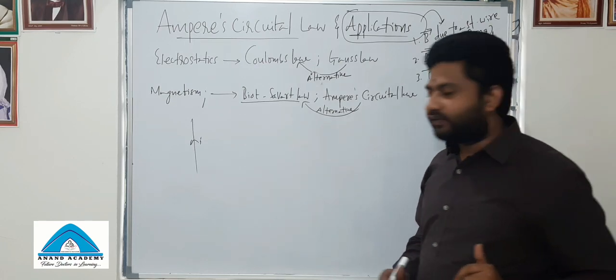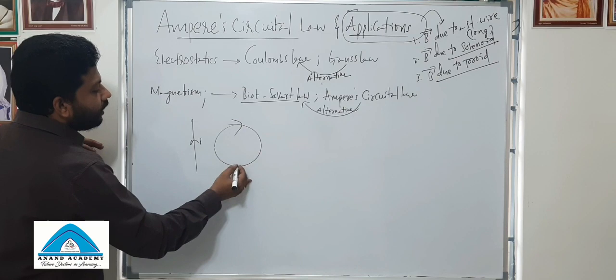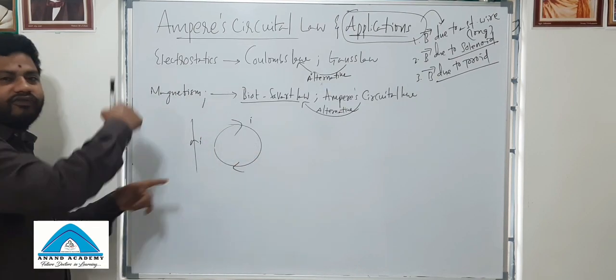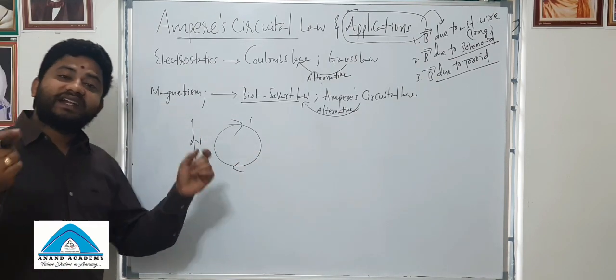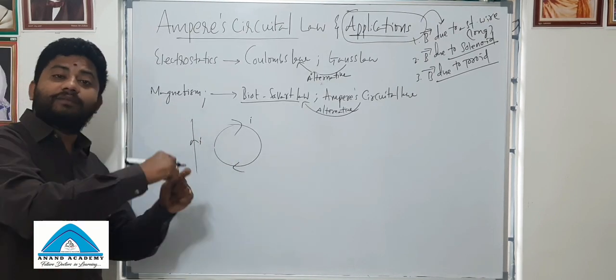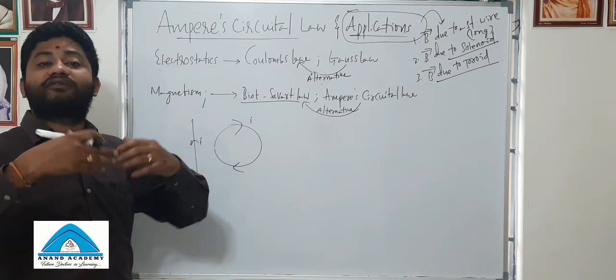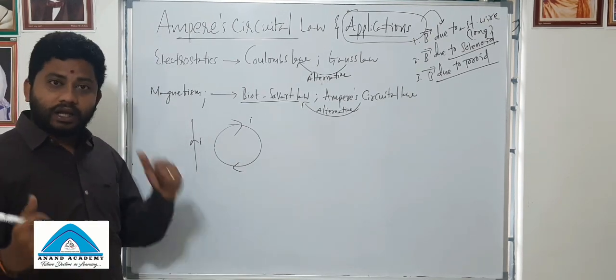After that, the same wire we had bent into the form of a circle through which the current is flowing. Here also we had identified the magnetic field produced at the center, or from the center on its axial line at some points. Okay. Now,